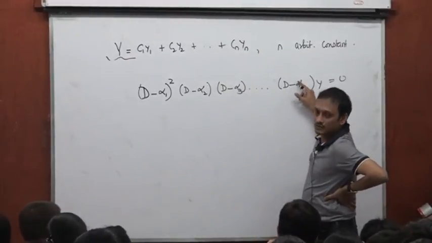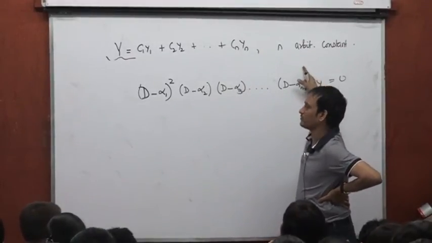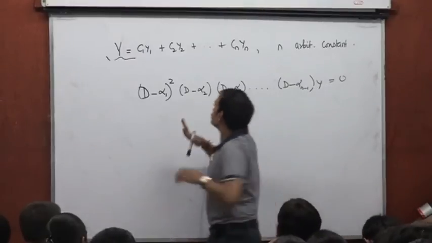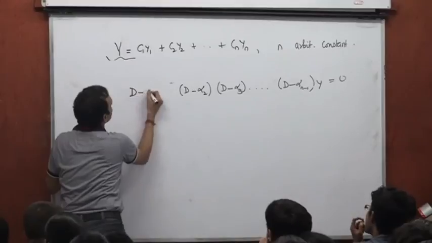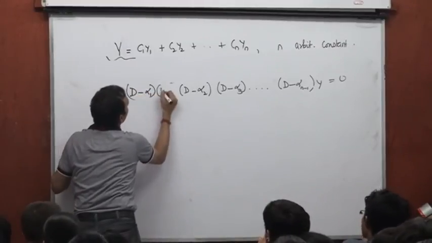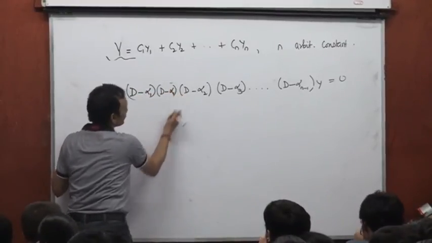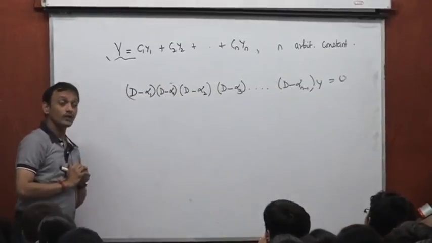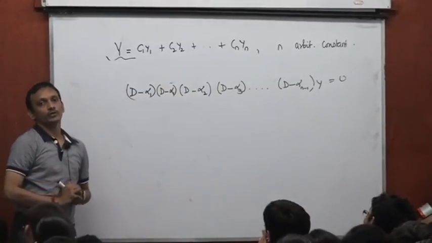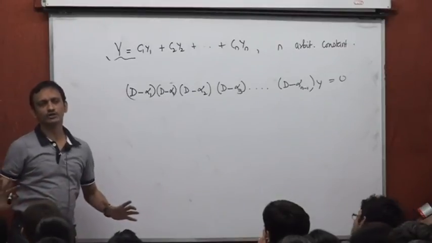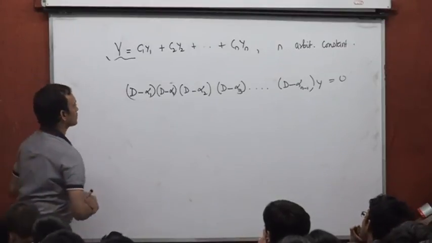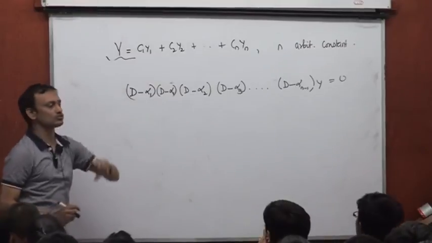Contribution made is some arbitrary constant e^(alpha (n minus 1) x). Now these two factors, when they are identical, (D minus alpha 1), (D minus alpha 1), then let me tell you the contribution that this would make to the general solution, again without rendering a proof,